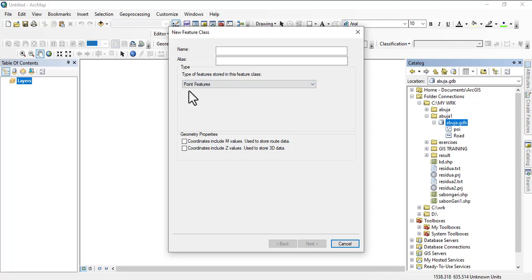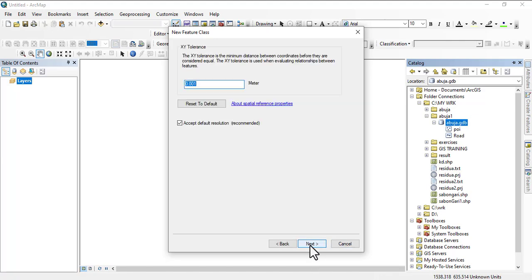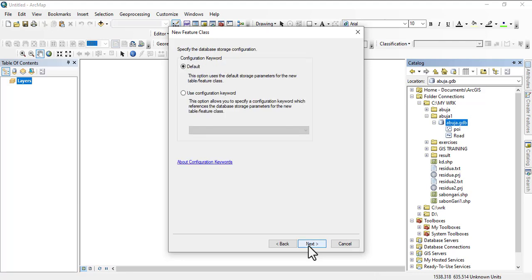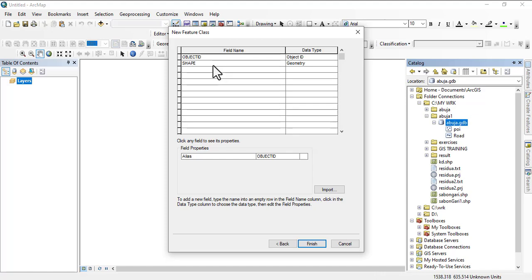The data type is a point. Fill in the name of this one. Go next. Next. Okay, so here you fill in name,